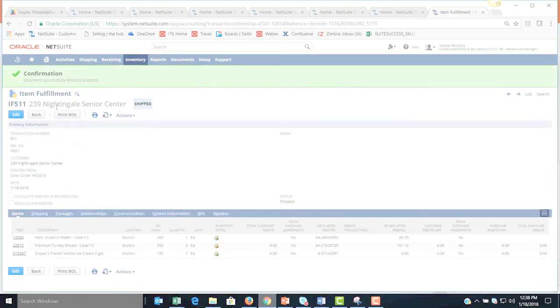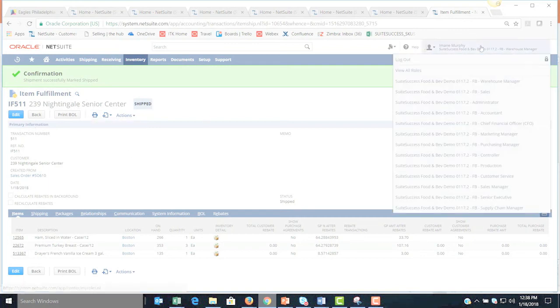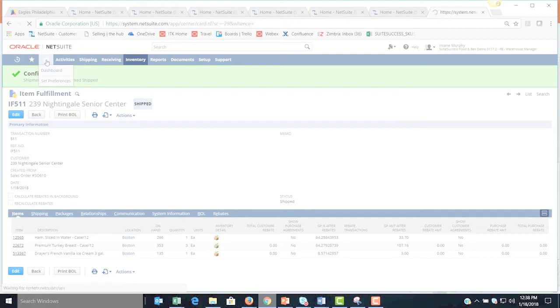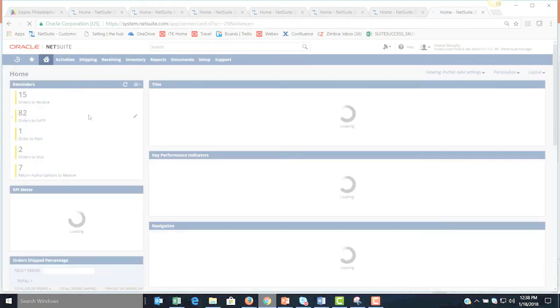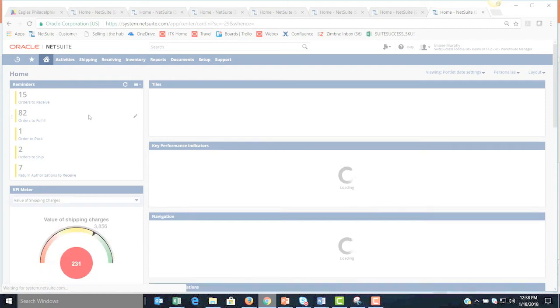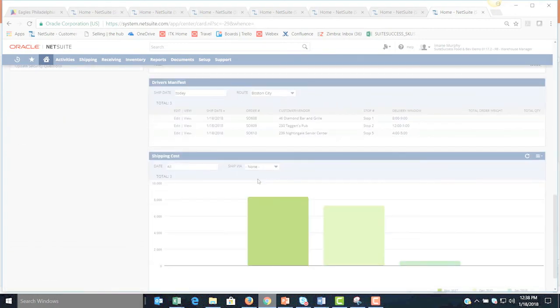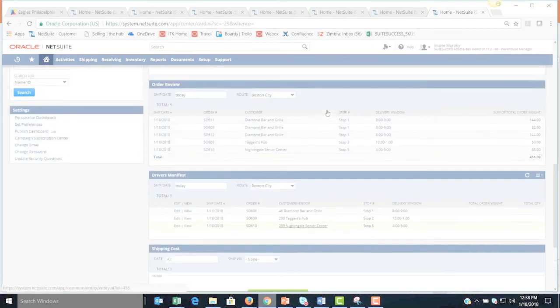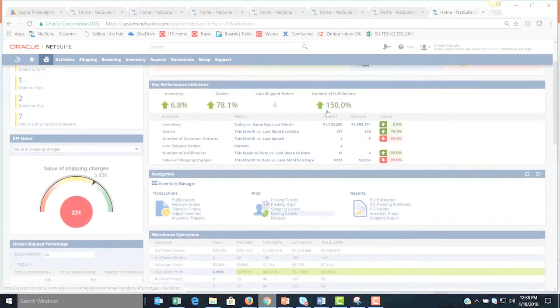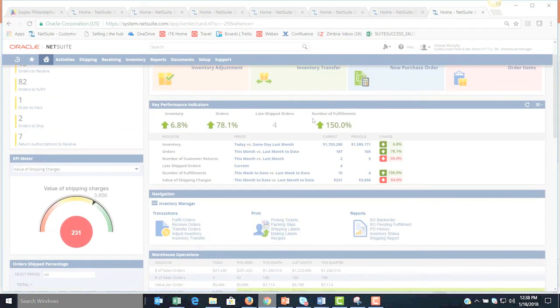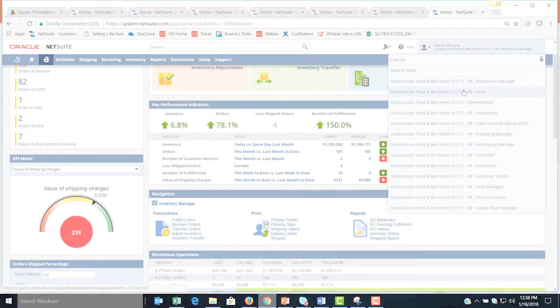So now that system, that order has been shipped, we've loaded the truck in reverse stop sequence. I can go back here, and you also have the ability to print a bill of lading. You see the button print bill of lading that you can configure just like your pick tickets. We also have the ability to do a driver manifest, which is a query if you want to do addresses. From a documentation standpoint, whatever you need to give to the driver, send to the customer, you have the ability to create those documents within NetSuite. So if I change back to the sales rep role here,